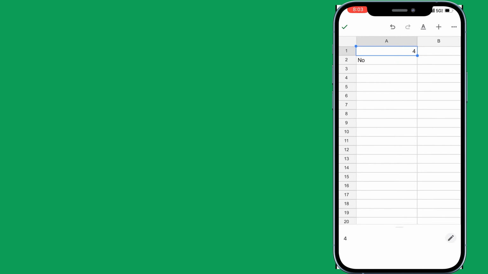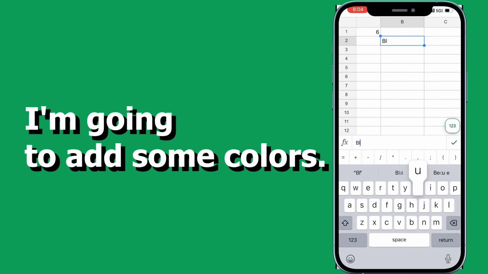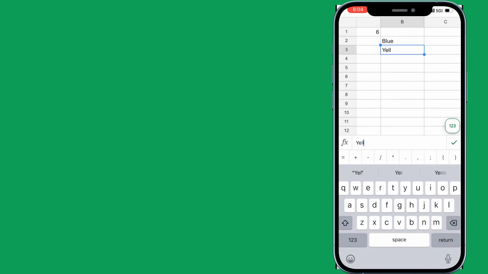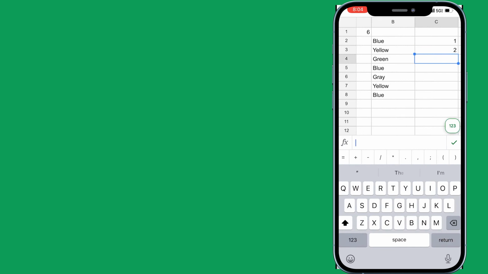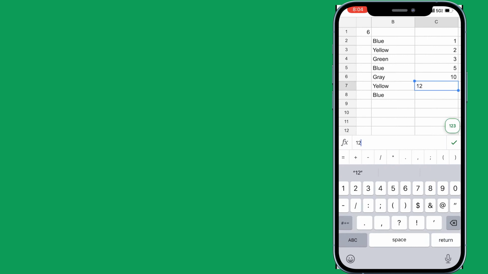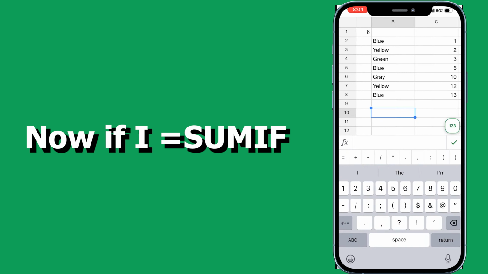Now, maybe you want a little more action. Let's show the SUMIF formula. And in order to do that, I'm going to add some colors. And some numbers. And 13. Okay, now if I equals SUMIF,